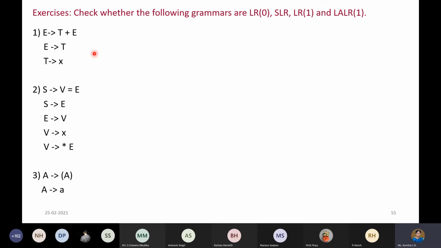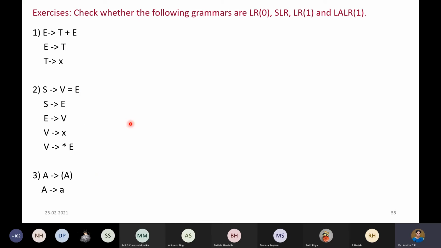And don't copy once again, because if you copy, then my purpose will go waste. I want you people to try yourself. You should understand where you are going wrong, what you have learned, whether you have learned properly or not. I want to test that. For that sake only, these exercise problems are given. So please solve these three problems.